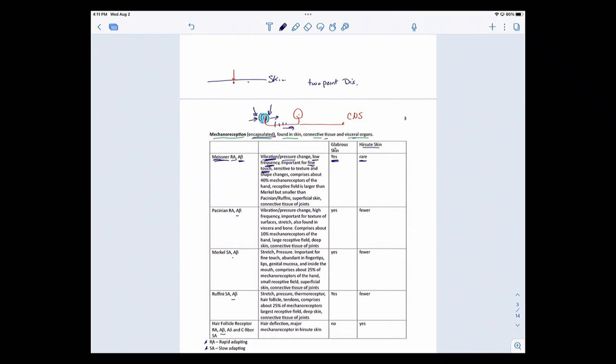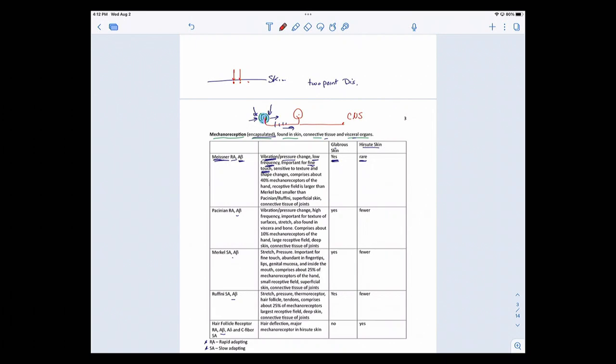Two-point discrimination is very descriptive. It's how good you are, when you're touched, at understanding that you may be being touched by 2 points instead of 1 point. So let's do this example. Maybe I've got a pin touching you here, and then maybe I have another little pin touching you right there, and maybe the distance is just a few millimeters. I ask you, are you being touched by 1 or 2 points? If you have really good two-point discrimination, then those points are pretty close together and you can still sense that they're actually 2 points touching you.